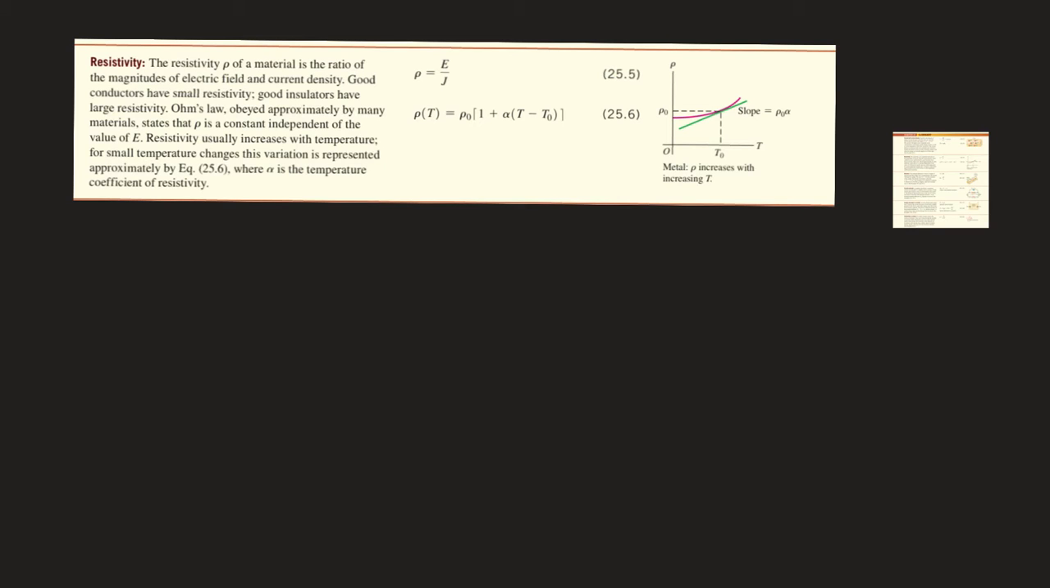Second key concept. Every material has a property that is the resistivity. The resistivity is more or less the resistance to flow. And the definition of resistivity, rho, is the magnitude of the electrical field applied